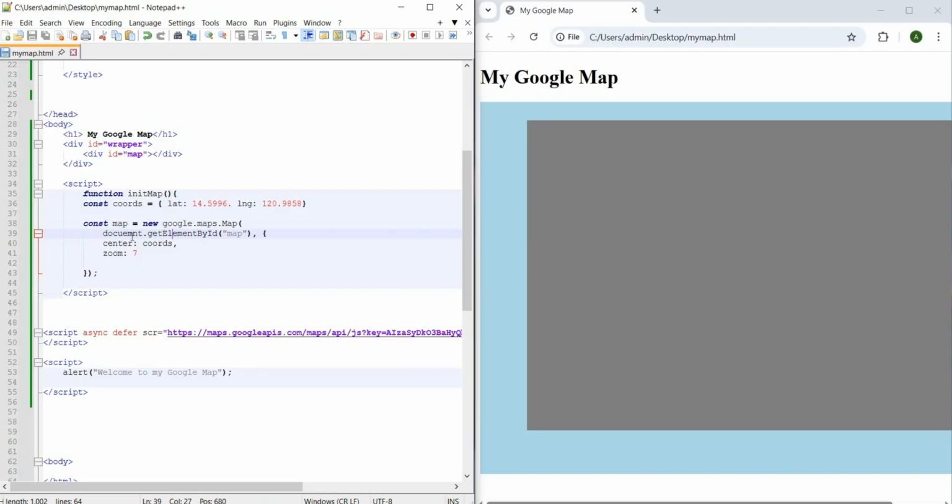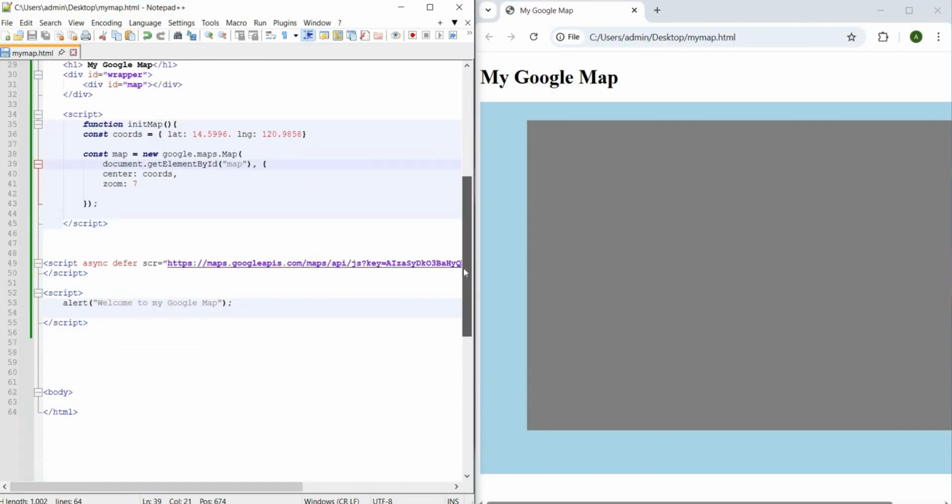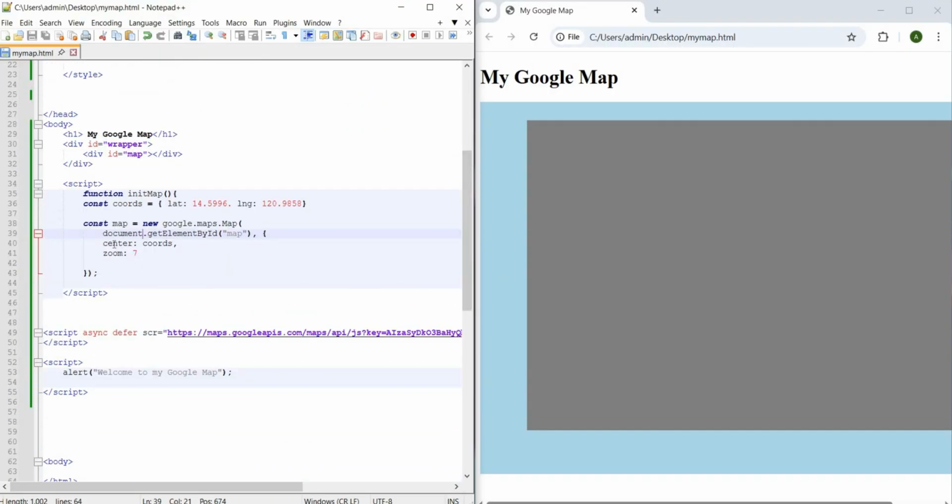I see there's a wrong spelling here for document. So let's change document. Okay, then save. Then let's check if our Google Map is reflected in our website. Refresh. Nothing happened again. So let's debug.